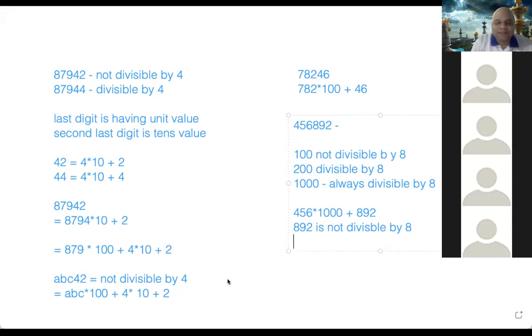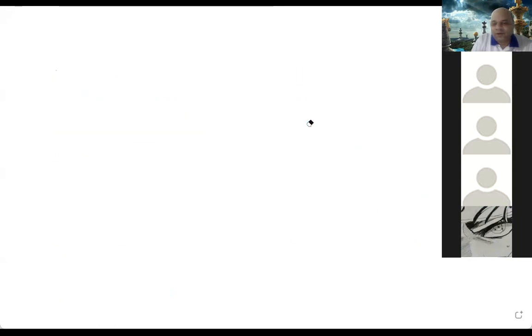Last week's problem, right? So I hope you got all of this. Now we'll go back and see last week's problem. We were told that there is a 4-digit number, and in no particular order, 3 of the digits are 1, 3, and 7, and some other digit is X. We don't know the order. For example, it can be X371, or 17X3, or 173X. It can be any such thing. It's a 4-digit number, and we are told 3 digits, and the last digit is not told.